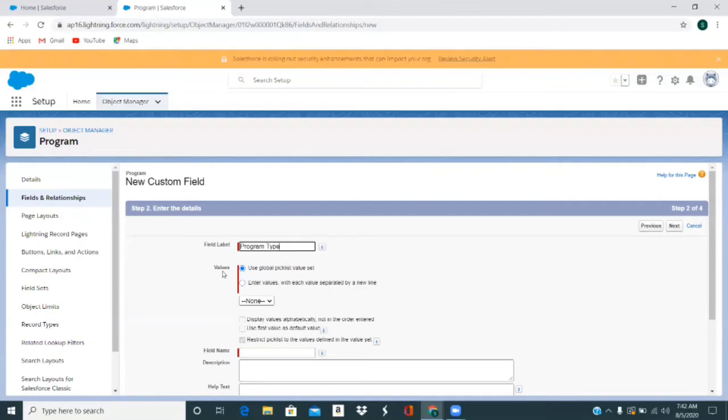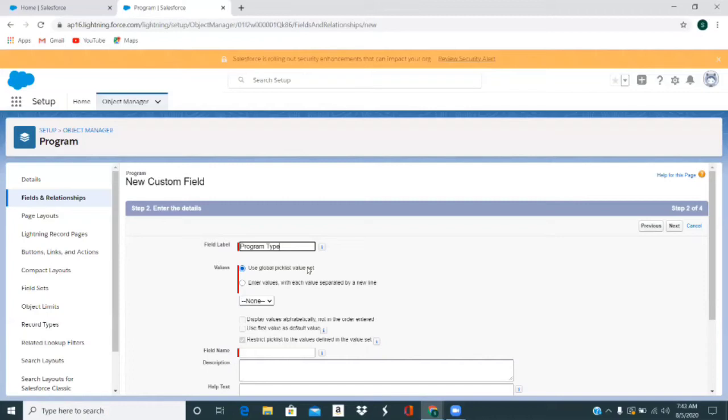Now there are two options to include the values in this pick list. One is you can use the global pick list value set, and another one is you can enter values with each value separated by a new line. So global pick list is something which would be like a common pick list throughout the organization.